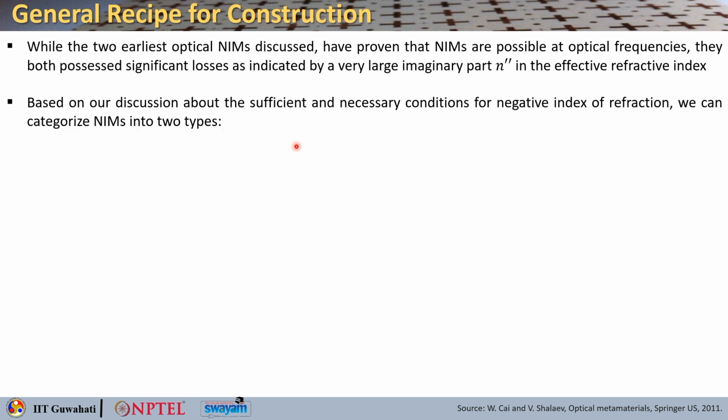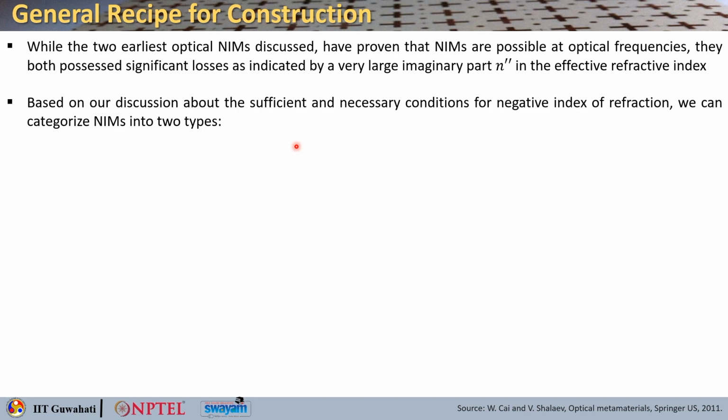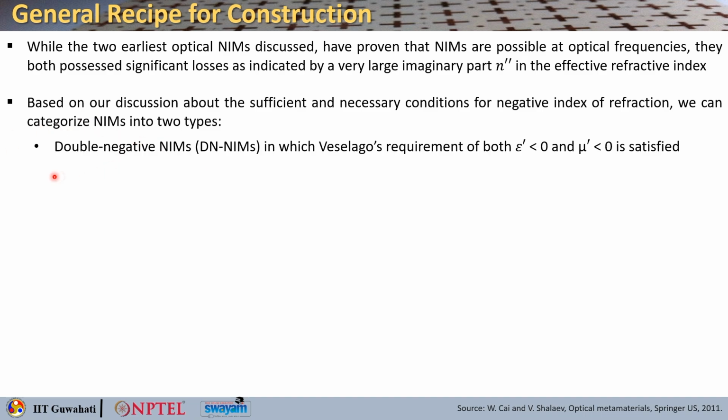Now, based on our discussion about the sufficient and necessary conditions of the negative index of refraction, we can categorize the NIMs into two categories. The first one is double negative NIMs, in which the Veselago requirement of both a negative real part of